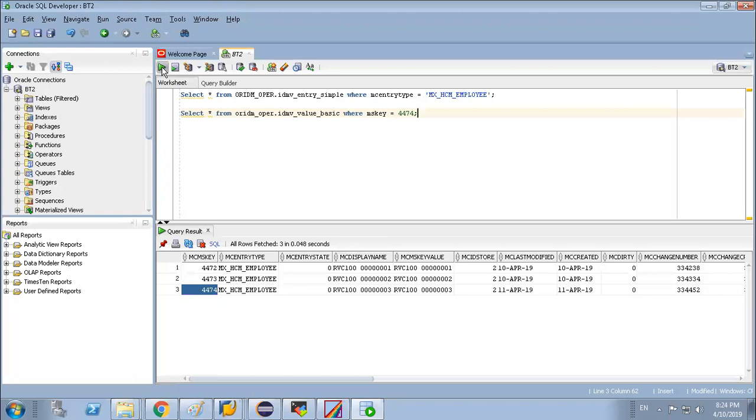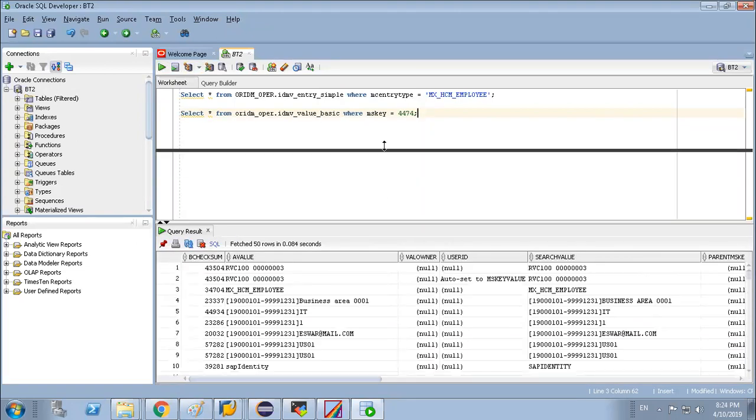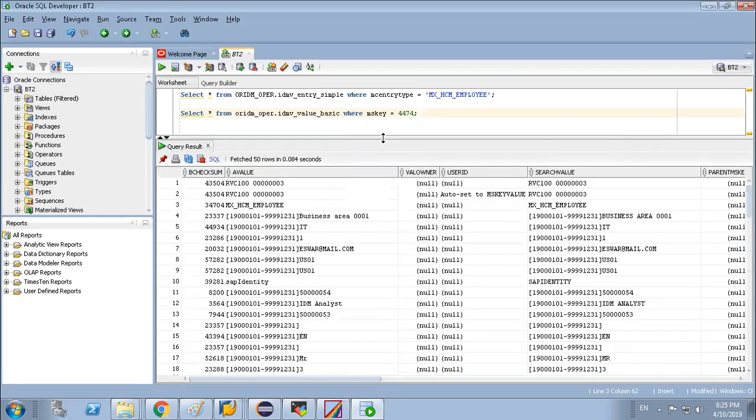Now you will see all the corresponding information. Basically, to be more specific, it is a copy of the attribute name and value. I am just putting two filters.